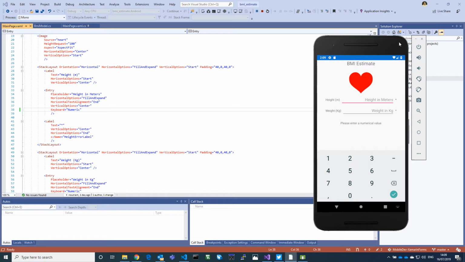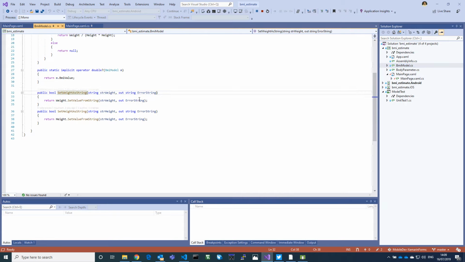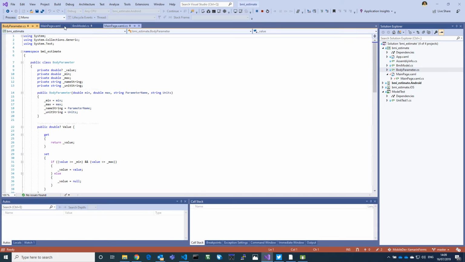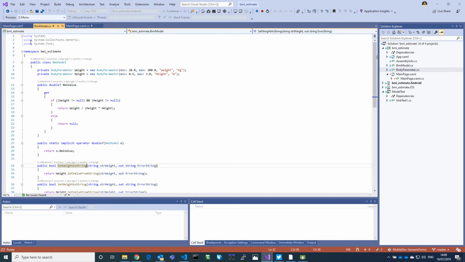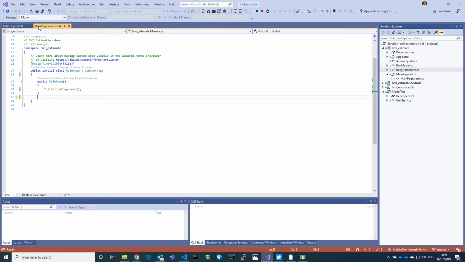Okay, so I've written my model class and I have my XAML. But at the moment, the two can't talk to each other. So there was BMI model here and the body parameter, which is encapsulated within it, holding the height and the weight. Okay, so we're going to have to do some extra work now in code to get these two to talk